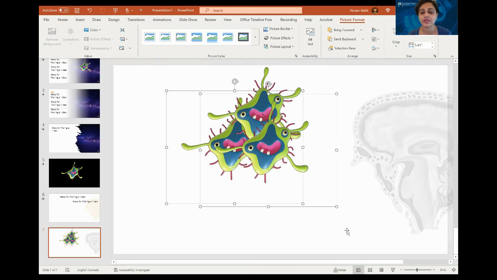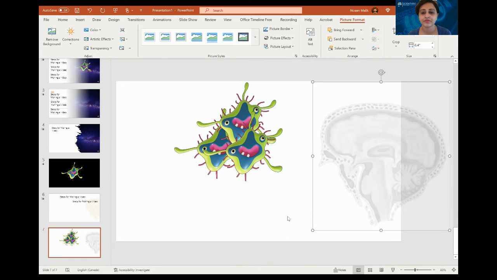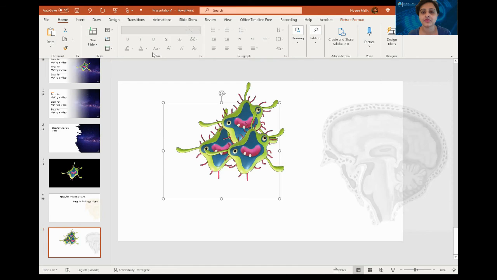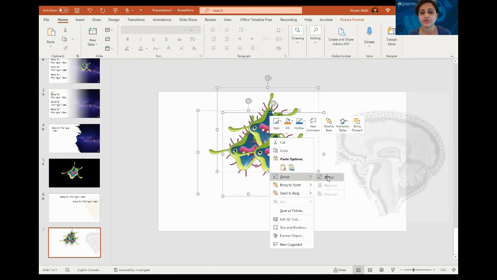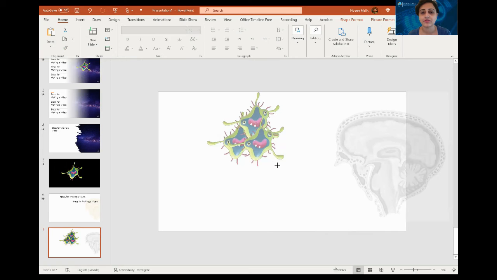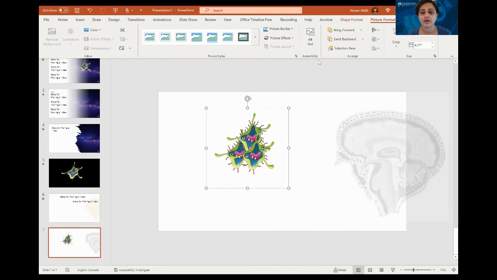Later on, when you have all these together, you can minimize your slide. And for example, you want to have 3 to 4 bacteria here in the colony. You can just select this and right click and say group. Your group, now they're all together. So you can make it smaller, so you don't have to worry about it. And you can now cut it.